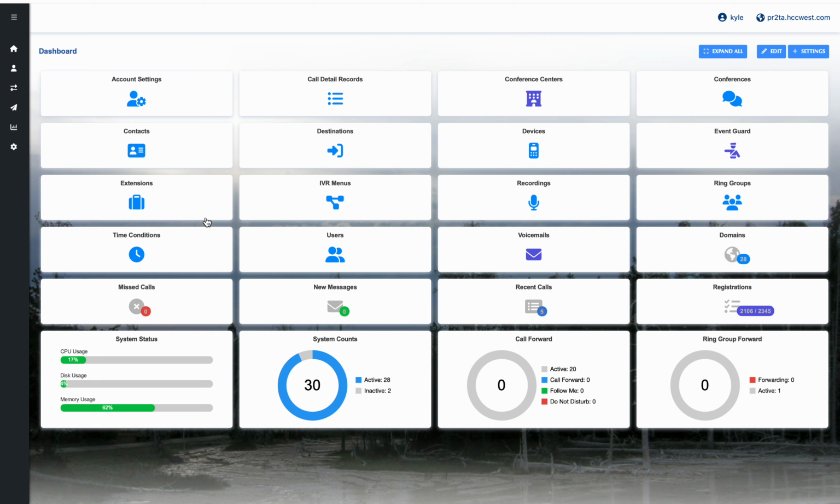All right, welcome to our training here on ring groups. So ring groups are very commonly used within organizations to dial multiple phones simultaneously or in sequence or random, depending